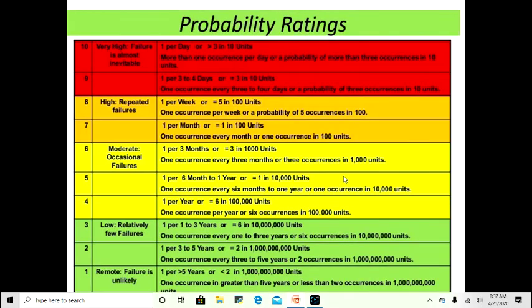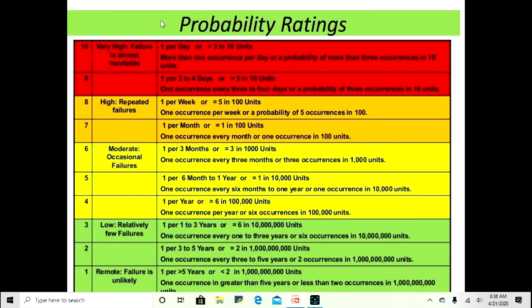So how are you grading? Again, it is based upon the guidelines, 1 to 10, which are given. 1 to 3 is low, 4 to 6 is moderate, 7 to 8 is high risk, and the top is very high risk, an occurrence that is happening constantly. So the numbers are given.